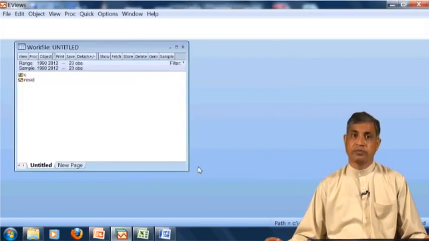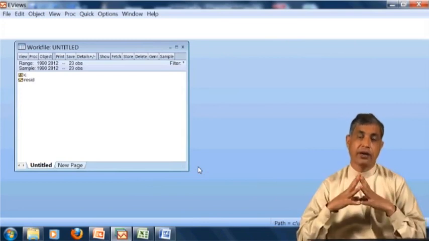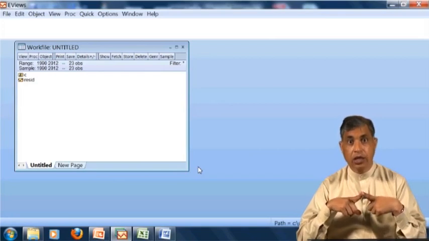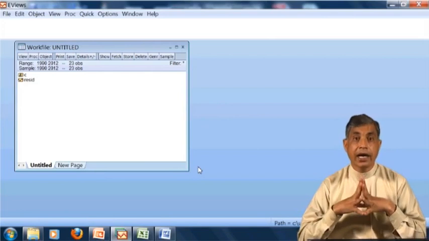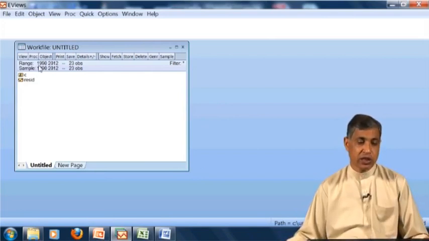If I click OK, now it has remembered the command. It knows that our data is on a regular basis, on an annual basis, and it shows the range of the data is 1990 to 2012, and there are 23 observations.